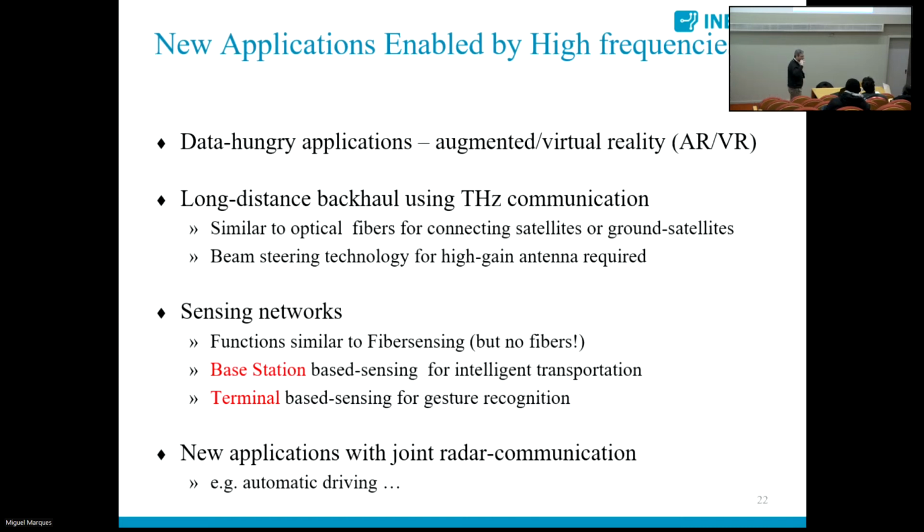That is because radio equipment will start operating at very high frequencies, and they will be able to start working as if they were radars. That is, a base station, when operating at these very high frequencies, that also has large bandwidths, will be able to send pulses like a radar and receive echoes of the environment which is around. That means that the base station will be able to observe everything that is around.